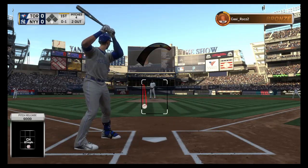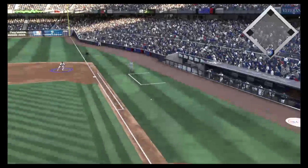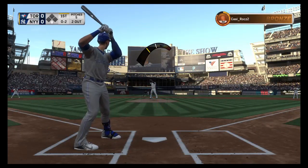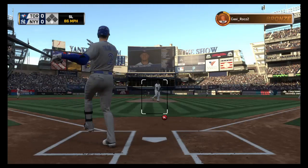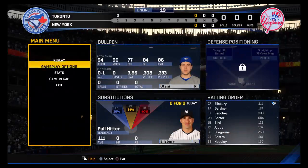Changeup called strike one. The windup and the 0-1. Chopped foul wide of first. Well, they got him in the rocking chair right now. A little changeup followed up with the fastball, and he's a little late with that. A swing and a miss. That retires the side. And there you see Jacoby Ellsbury as he'll